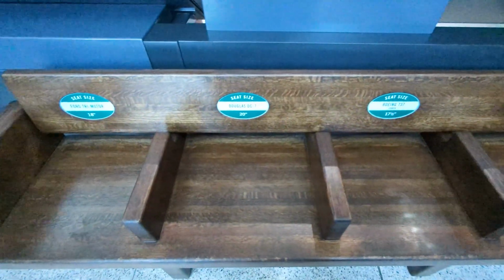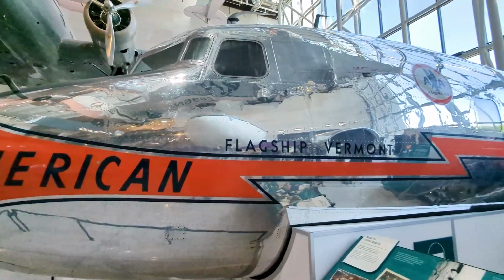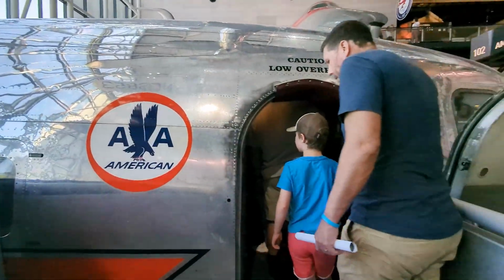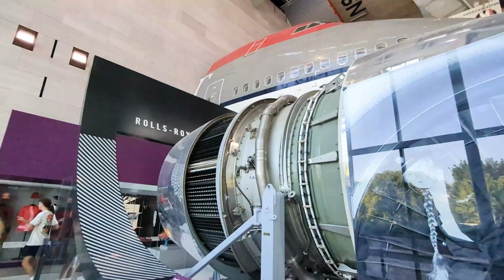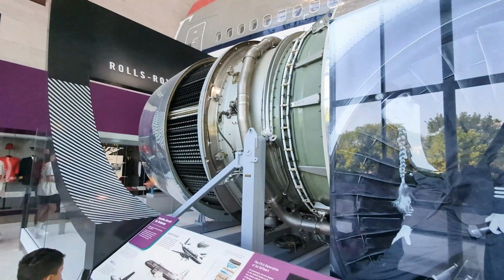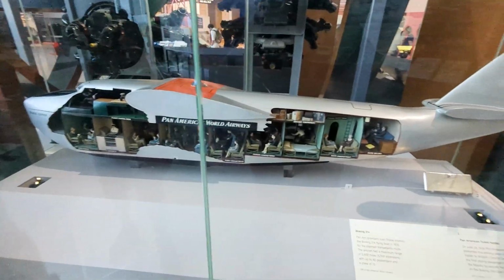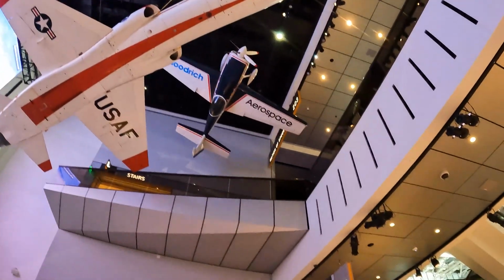I love this bench of different seat sizes. Look at this beautiful front end of a Douglas DC-7. You actually get to step inside of this beauty. First, you get to see inside the cockpit. Then you get to see what the interior looked like in the era of luxury flight. They also had different engines on display. It's amazing to see the evolution of the engine through the years. I love the cutout models to show you what it looks like inside with the passengers. I love the fact that no matter where you look, aviation is everywhere,